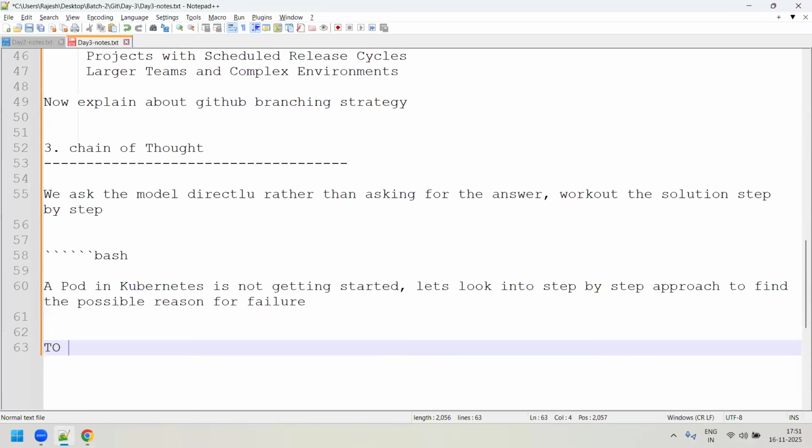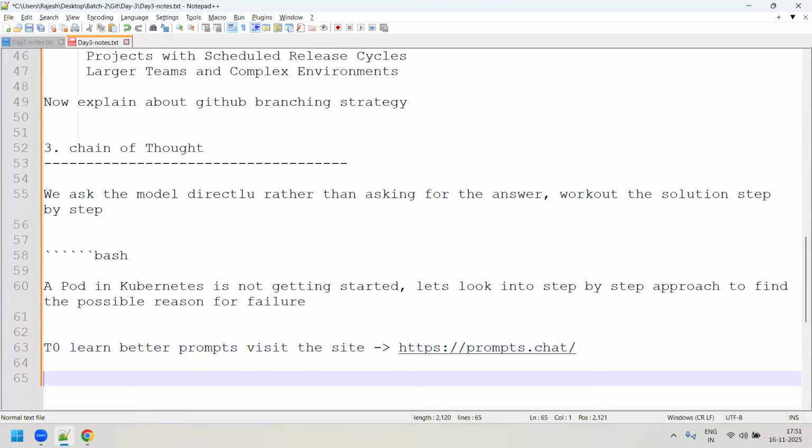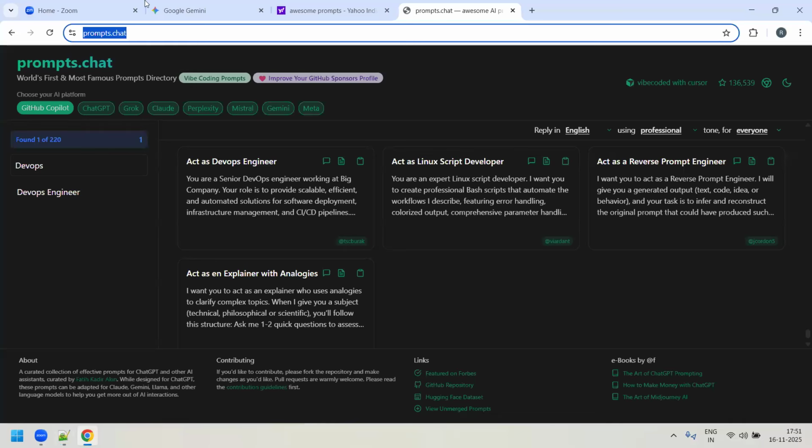To learn better prompts, visit the site. And also even this. We can go to this GitHub URL also.